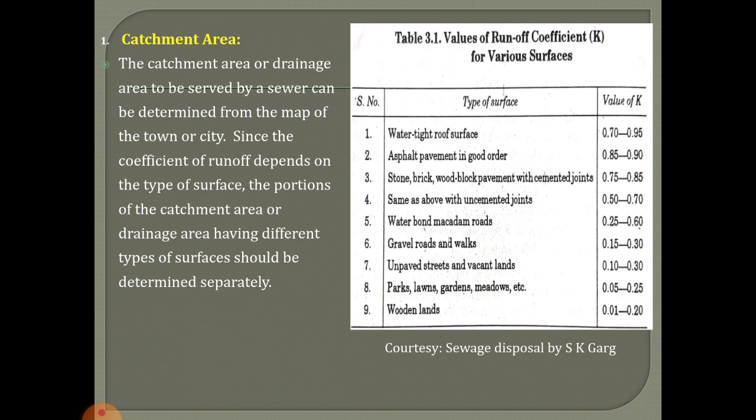So as the type of surface changes, the runoff coefficient also changes, because each and every area has its own ability to infiltrate and percolate the water, and because of that the factor changes.